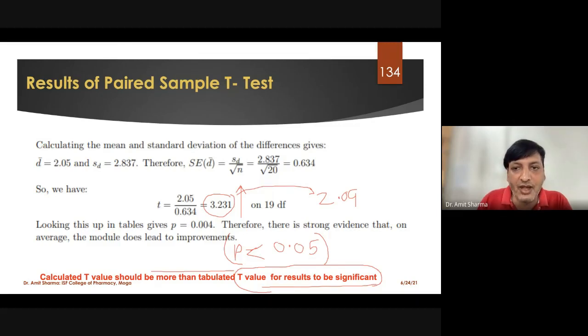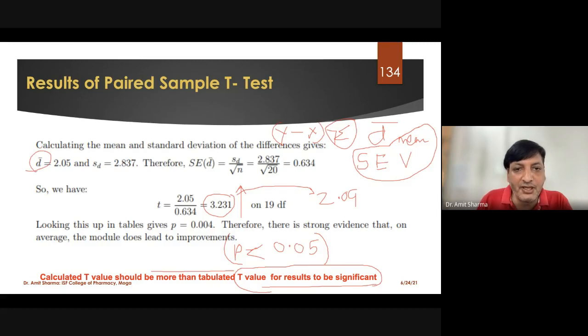Actually, two things we have to calculate. The first thing is the D bar, and second is the standard error of variance, or you can say mean variance we have to calculate. If you know how to calculate the variance, from that you can calculate the standard error, and D bar by using y minus x. And after that you can do sum of all, you are going to get a value of the D bar. So mean difference is the one.